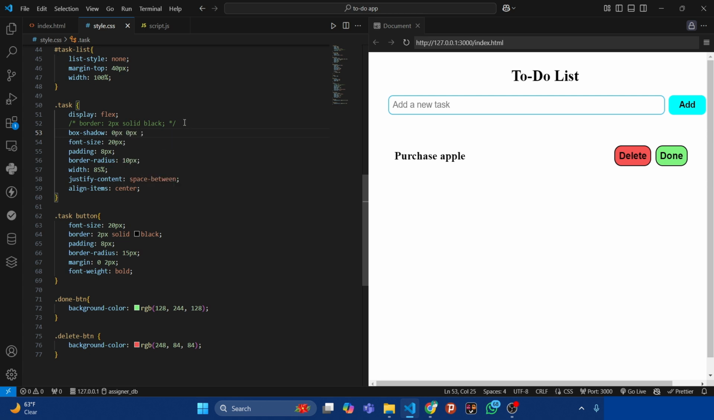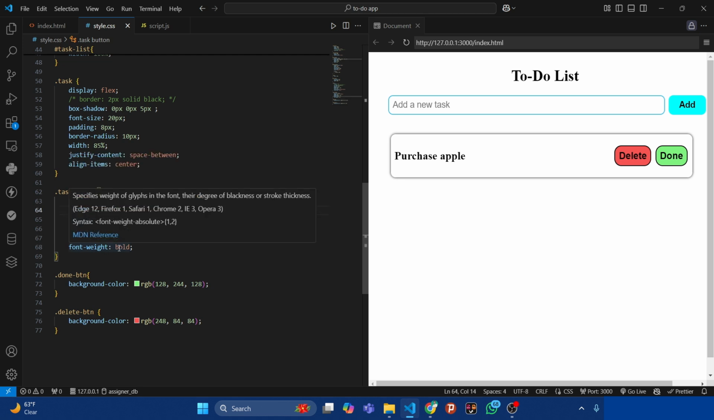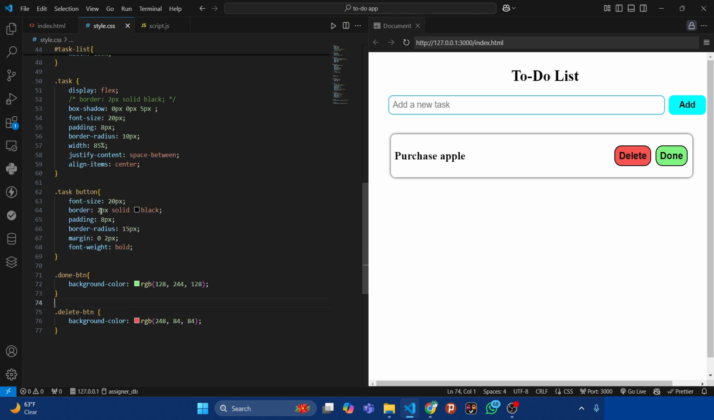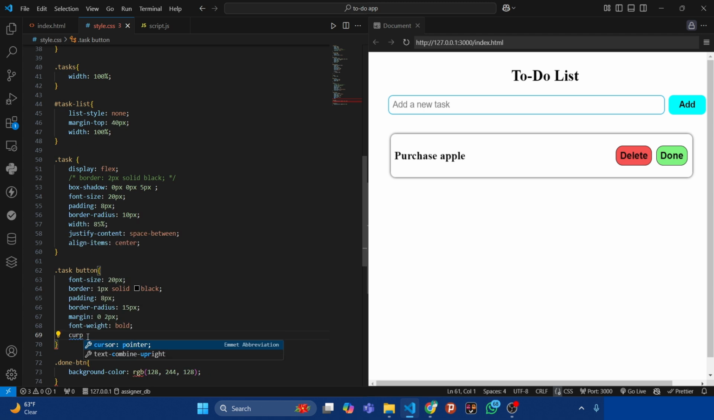0 pixel in y and x axis. Let's add here like 5 pixel. Yeah, so I think this is good. And also changing the border size of button, instead of 2 pixel, let's make it 1 pixel. Also, let's change the cursor to pointer,